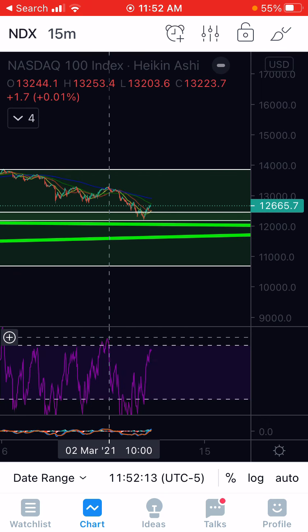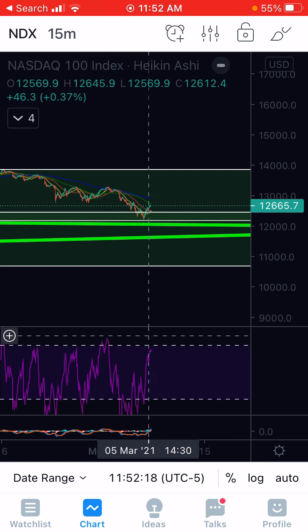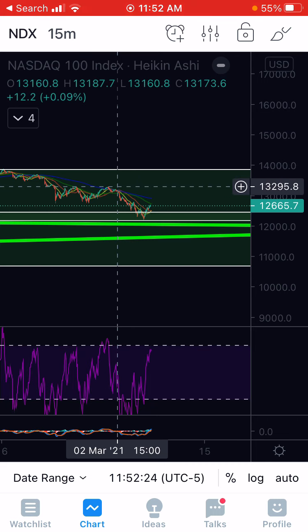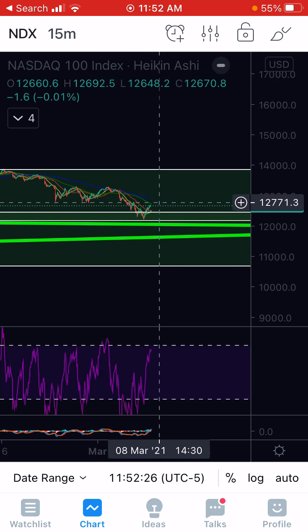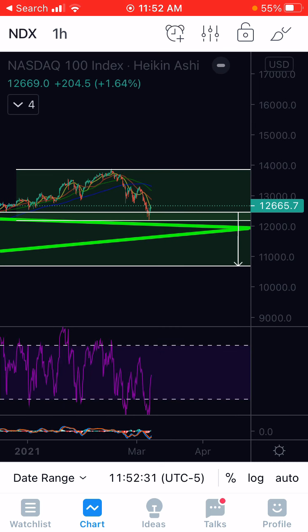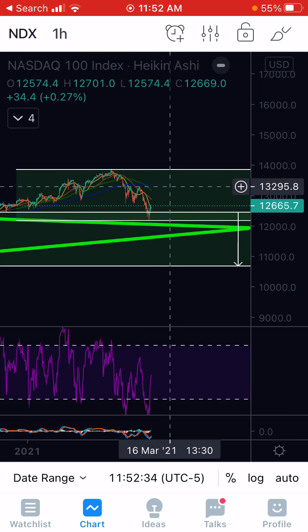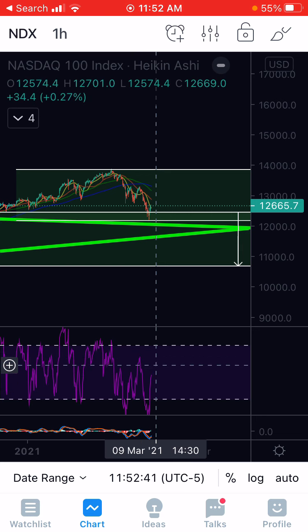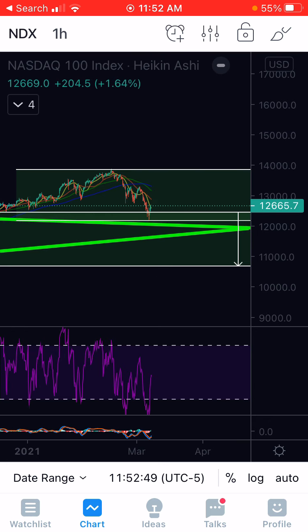But obviously, as of right now, if we come up higher here, we'll have to see. If we don't come up higher than this, which is 13,300, we're going to have bearish divergence on this 15-minute anyway, but let's see the hourly. All right, so if we don't come back up above this 13,300, we would most likely end up with some bearish divergence here if we can't come up above this peak on the price action. The RSI can come above, but if the price action doesn't, then we'll have bearish divergence and head down lower. So we're gonna have to see.